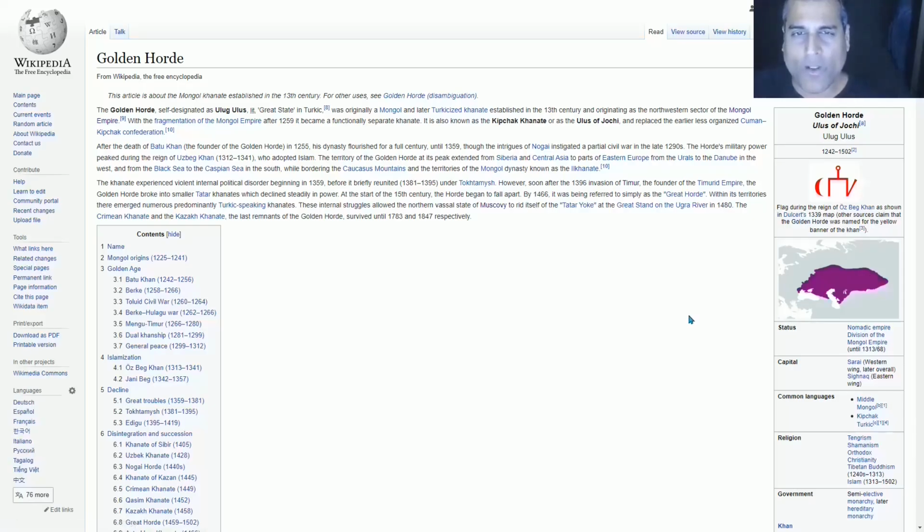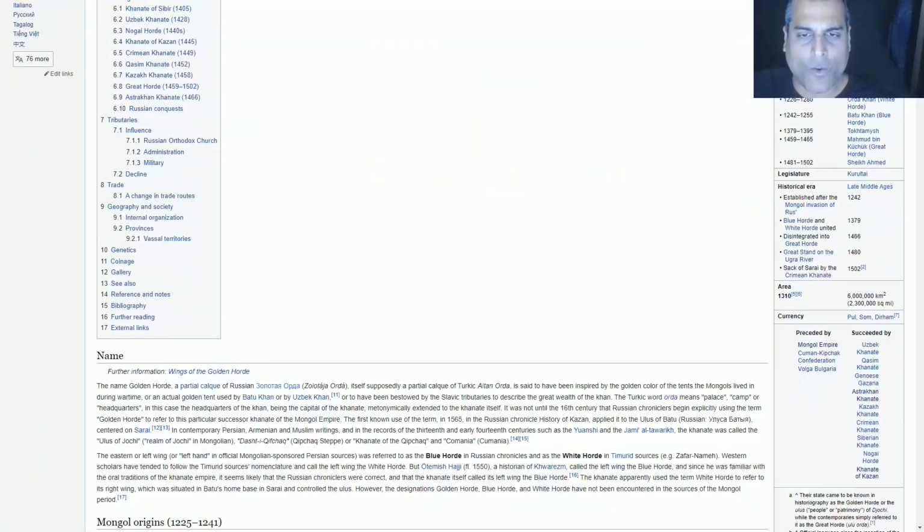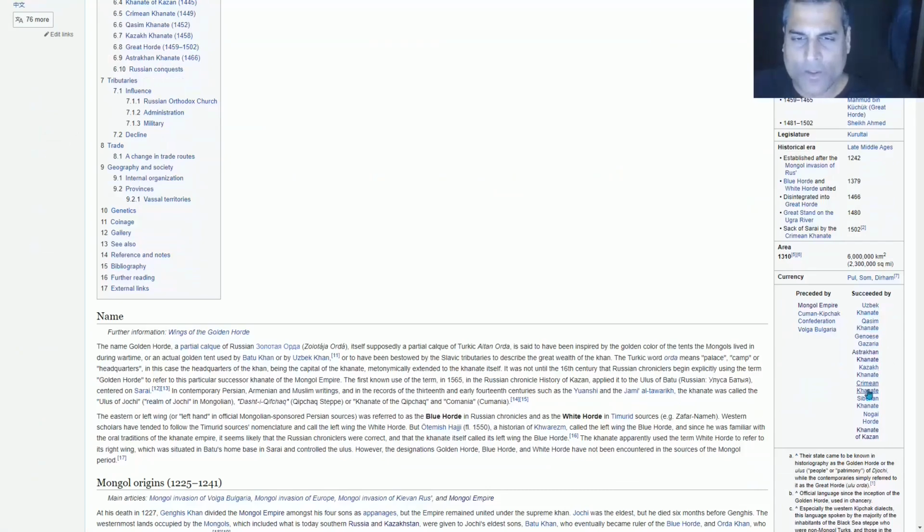The Golden Horde lasted from 1242 to 1502 AD, and you can read about that. And you can see what the leaders of the Golden Horde were named and what succeeded the Golden Horde. You can see any of these and look at that. And then after that, you can go back to the Ali Bai video and look at something else. You can study, therefore, the sequence of empires and what followed what around a certain time,